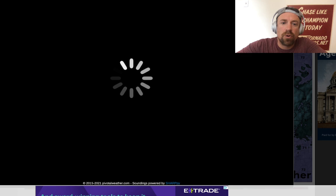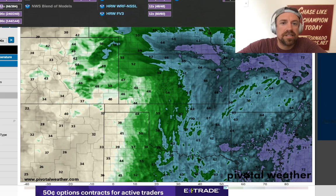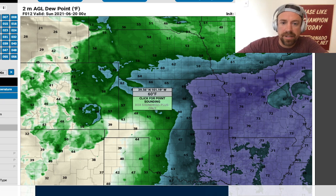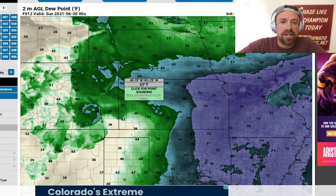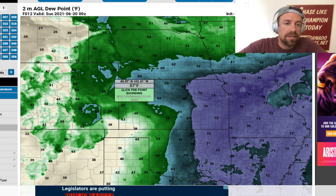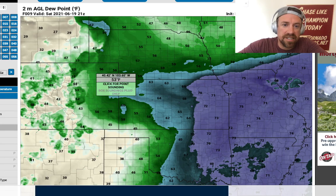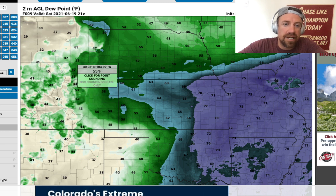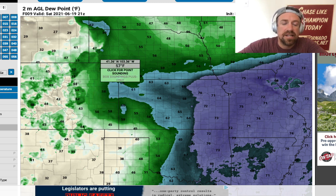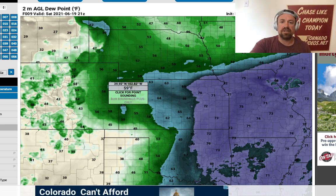Obviously the HRRR right in the core of those storms has some greater moisture. There certainly is over mixing of dew points into this system. This is more like it here. You're likely going to see this pipe of low 60s reaching up into northeastern Colorado, feeding that complex of storms by 0Z. And I think we're going to have some higher base severe storms that develop initially in the vicinity of that Denver cyclone and off the higher terrain. And they'll be relatively high base, and then they'll start to merge into an MCS. And then they might move into that deeper moisture, and we'll probably see some reinvigorated shelf clouds as it approaches